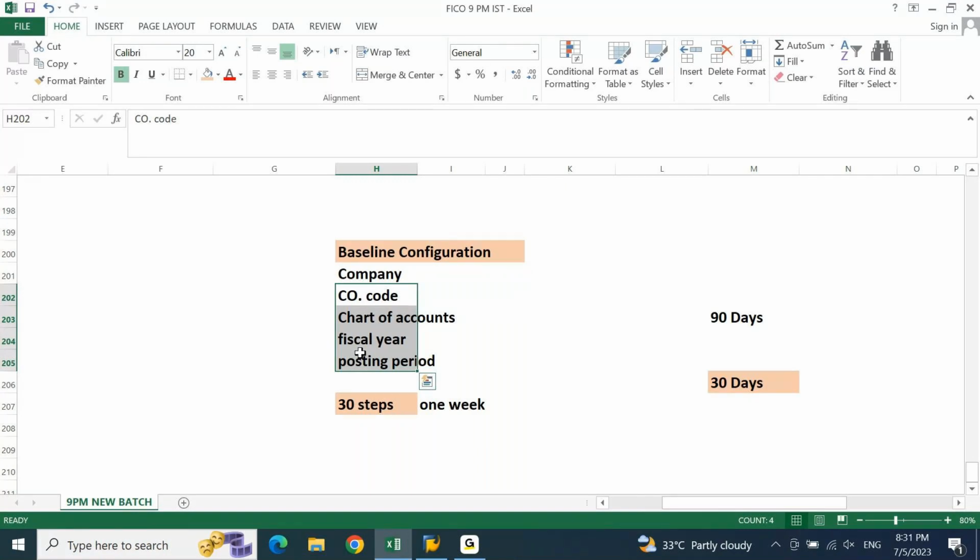And will you be able to ask me, will you be able to understand what I am teaching if you do not know what we discussed in the previous sessions? Is this practically possible? No. Practically, it is not possible unless you have no other work, you are completely dedicated the whole day to SAP FICO, you're not working currently, and you have decided to attend like a classroom training from morning to evening. Then it may be possible. But is that the situation with us? No, it is not.